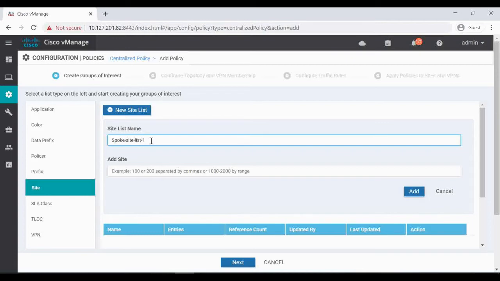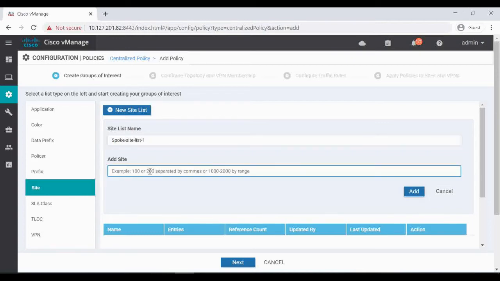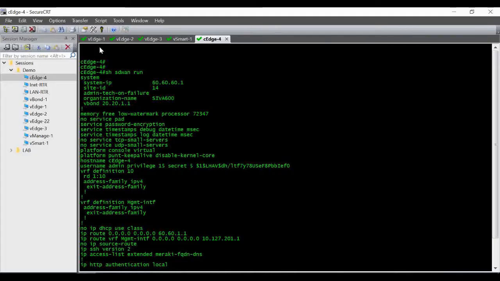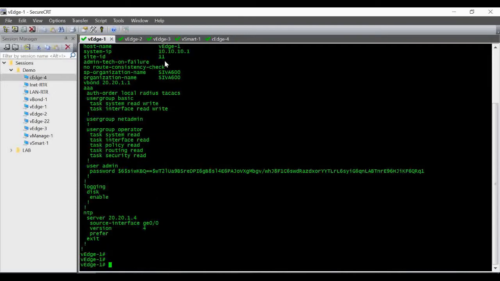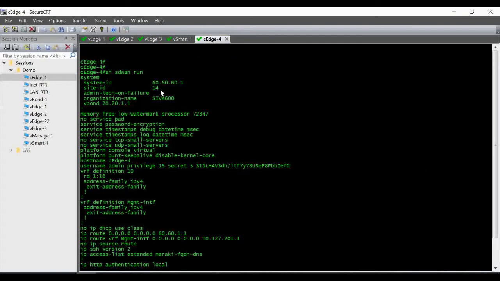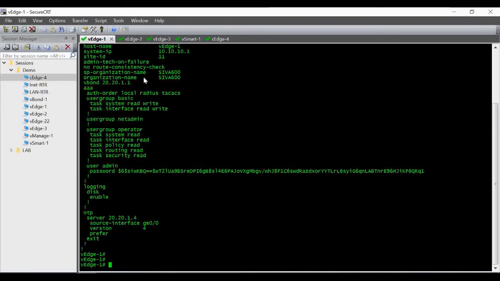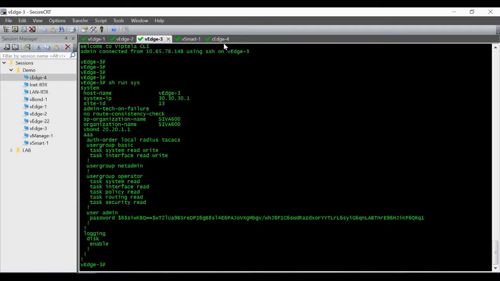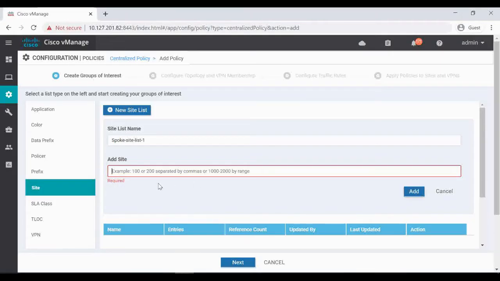Let's say give it 1, and we have to find the site IDs. So for VH1 the site ID is 11, and VH3 we have 13, and CH4 we have 14. So we have to configure 11, 13 and 14. So I'm going to configure with commas, 11, 13, 14. So these three sites will be coming under your spoke list.